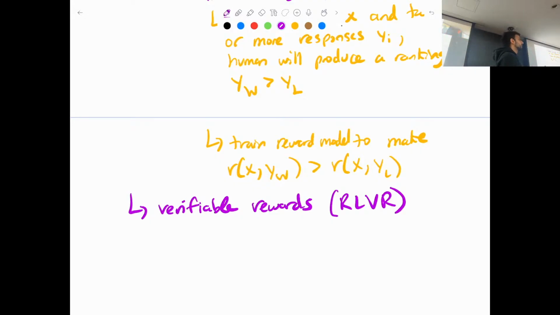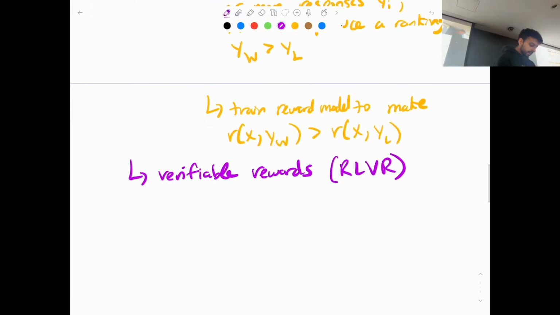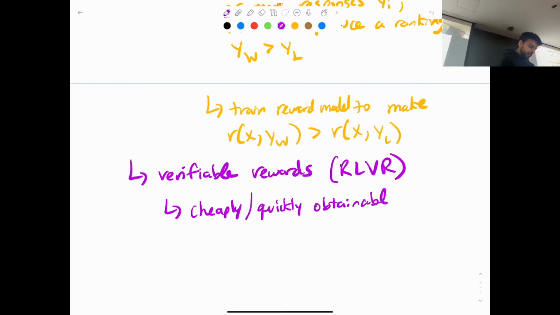However, we are limited in the kinds of tasks that we can actually perform this strategy on. One of the ideas here is that these are ideally cheap and quick to obtain. When we talked, for instance, with math problems, it's very cheap to say, is the answer 7 or not? It's definitely more involved to say,